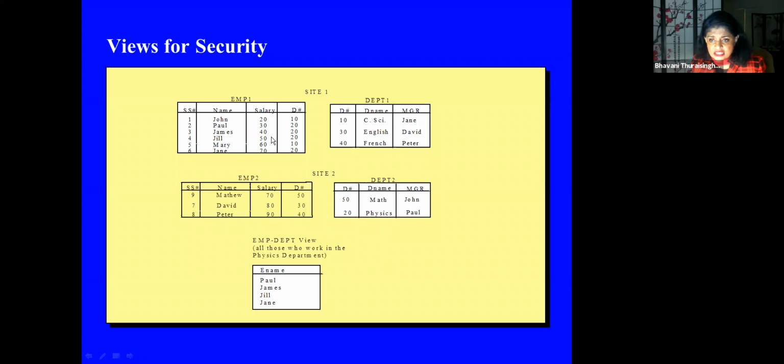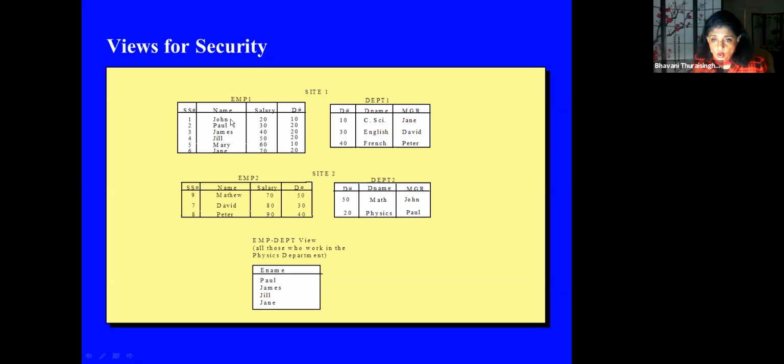Of course, there are 2 people. No, physics, no, this is a salary, sorry. Physics is number 20, okay? The physics department is number 20, I made a mistake. So number 20 is physics. I looked at the salaries here, so forget about salaries. We're looking at departments. 20 is physics. So there's no one in site 2, but there are some people in the physics department. They all may be taking the course remotely.